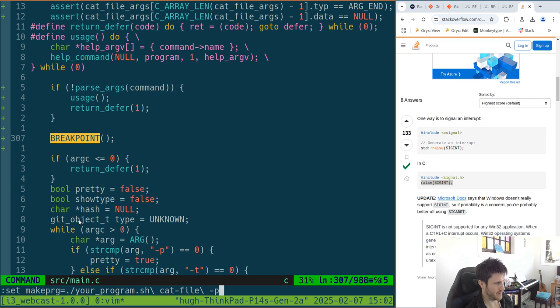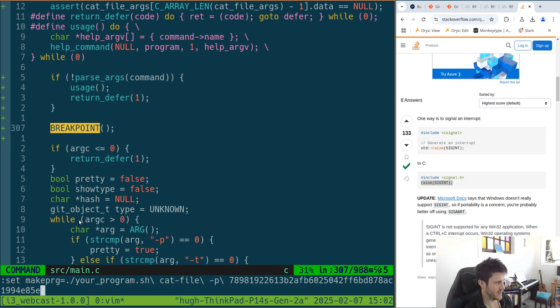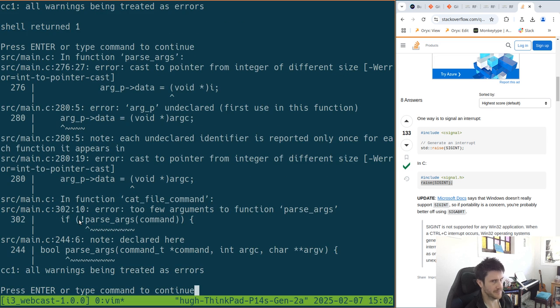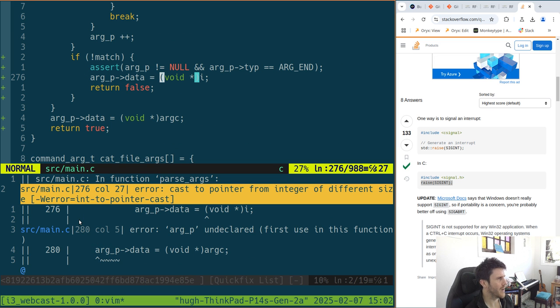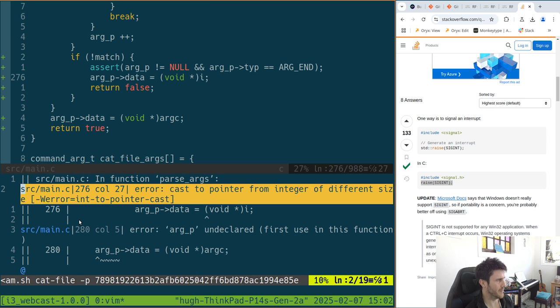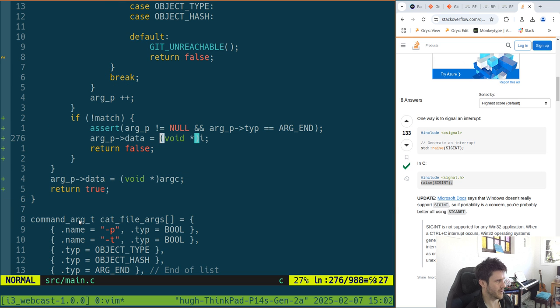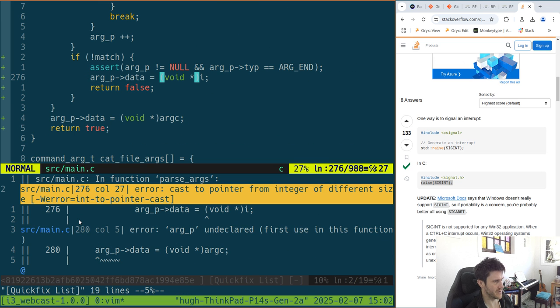And P, and maybe this header thing. Yeah, it does. Cool. Right, so I should probably read what the error is. Can't cast a pointer of different size. Is that because